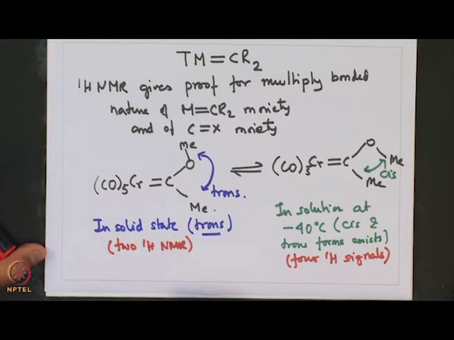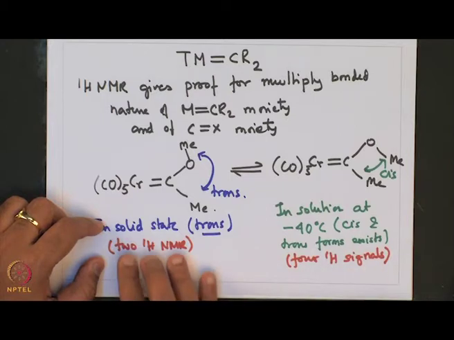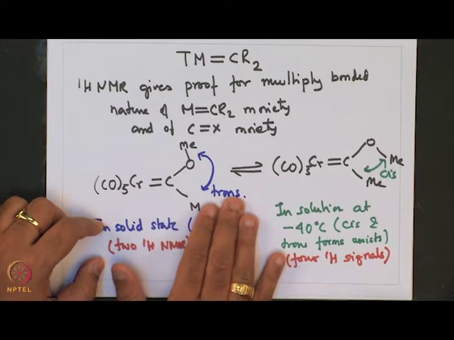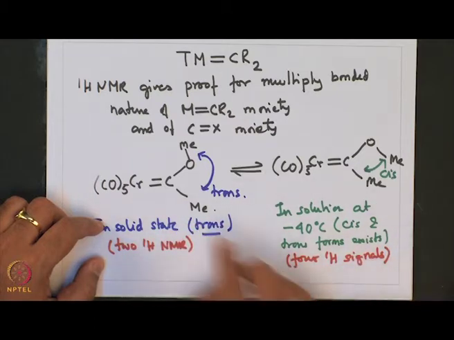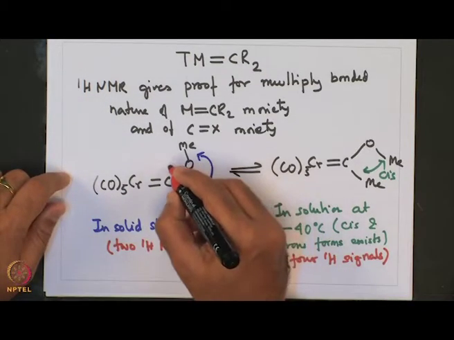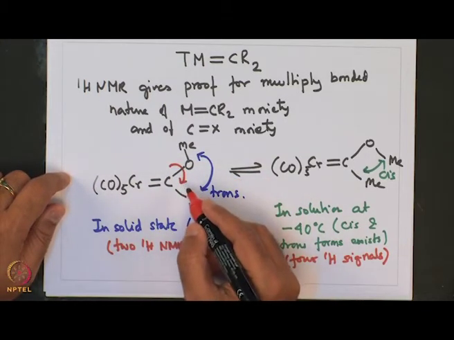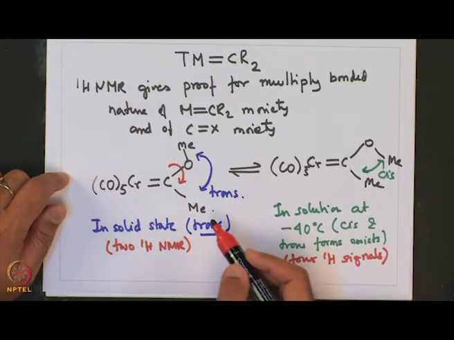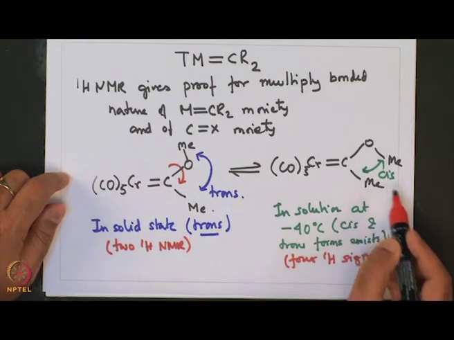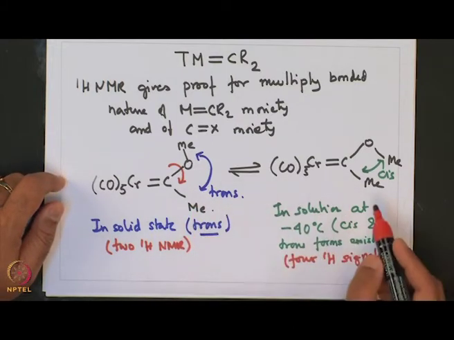Now, this is a very important observation, that in solid state you have only the trans form exclusively, whereas in solution you have both the forms, cis and trans. What does that imply? That implies that there is a rotation along the CO bond. Now, this rotation of the CO bond would allow the interconversion between cis and trans, and this rotation is supposedly quite fast,